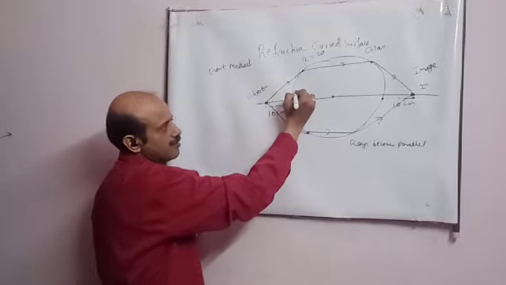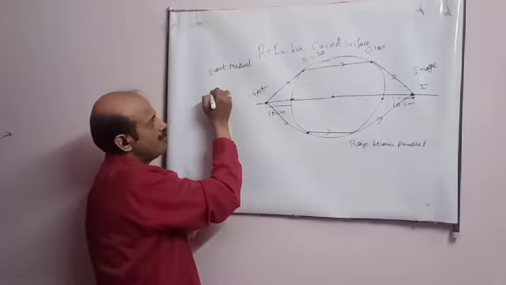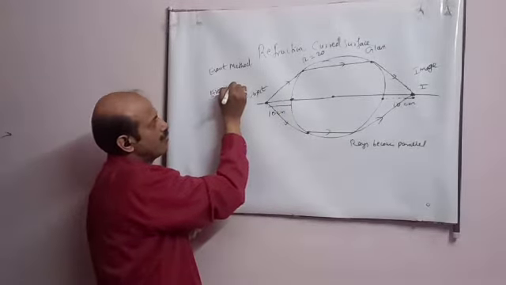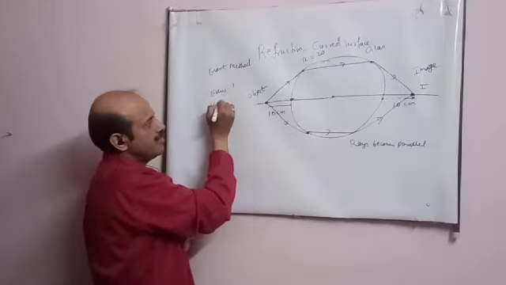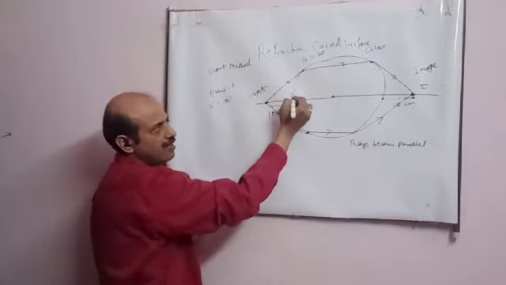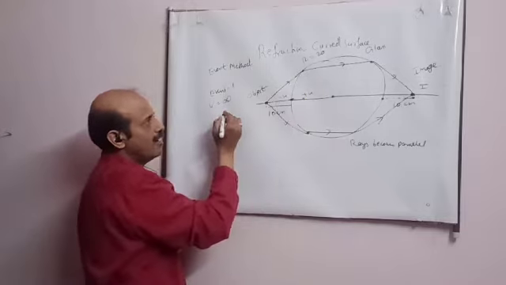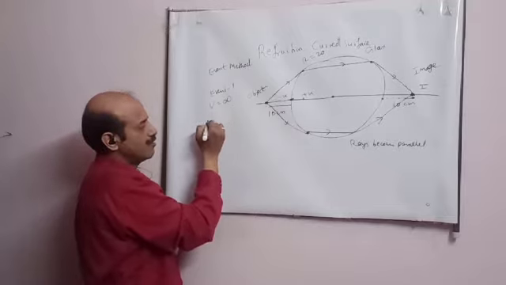This is the first event, student. This is second. So first surface, second surface. So I will take the case of event 1. In event 1 the image is formed at infinity. The rays are parallel, so the image is at infinity for this surface. Sign convention: this is positive, this is negative. And I will apply the refraction formula, student.